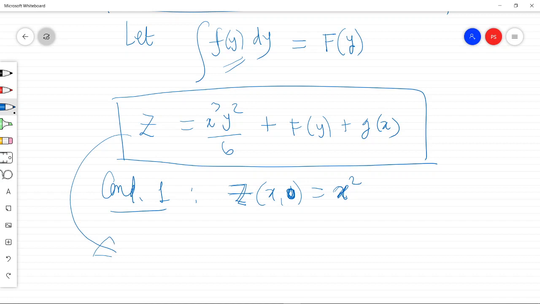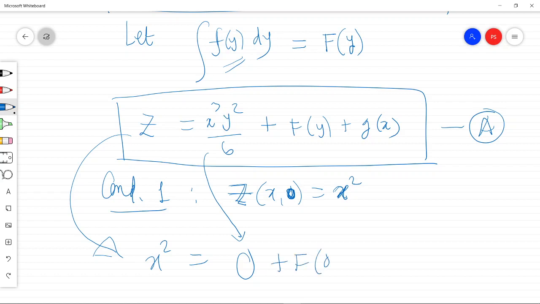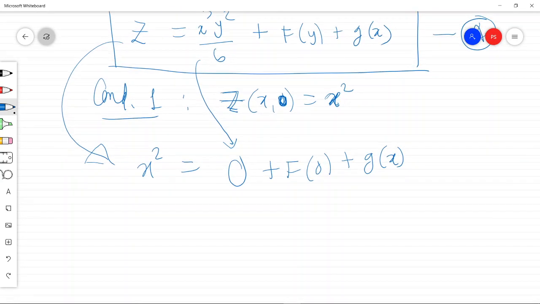So let us call this equation A. z is x squared when y is 0. So this term simply becomes 0 because we have to substitute 0 instead of y, plus f of 0 plus g of x. So we have an expression which says f of 0 plus g of x is x squared,